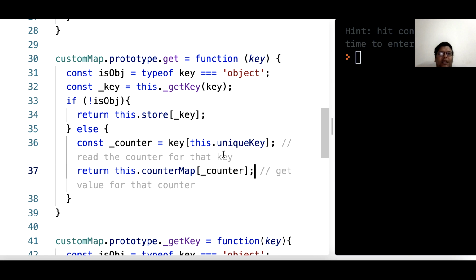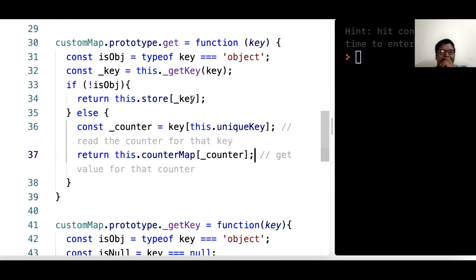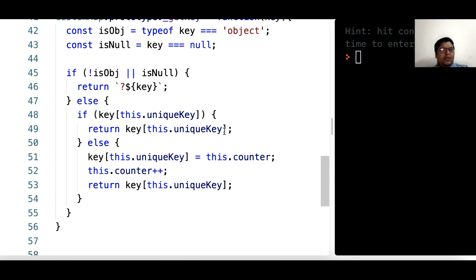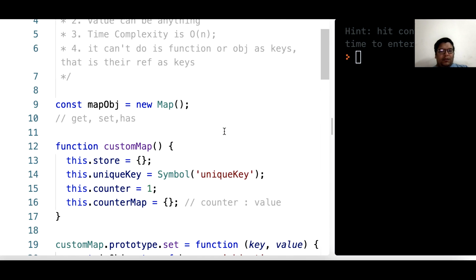So we'll read it from there and we simply return it. So we get the key, and if it's not an object, we simply return from store, else we read the counter from that and return it. Okay, that definitely looks good.